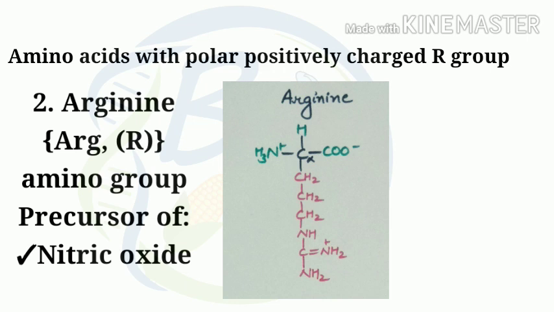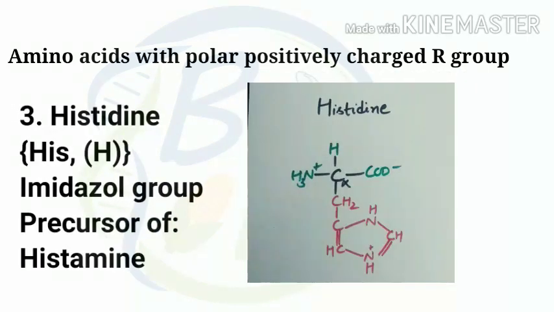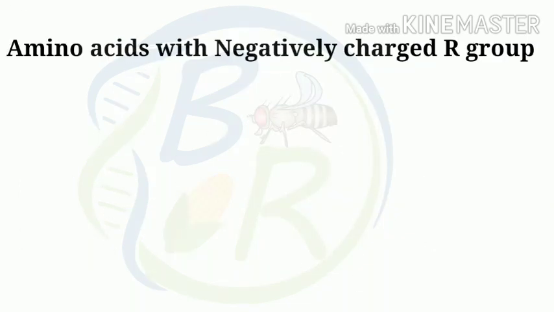Besides that, it has a role in different precursor activities, such as being important for the formation of nitric oxide, which is an important stress hormone, specifically acting as a regulator in plants. Now let us move towards the last amino acid in this category, which is histidine. Histidine has a positively charged imidazole group, and it acts as a precursor for the synthesis of a compound known as histamine.